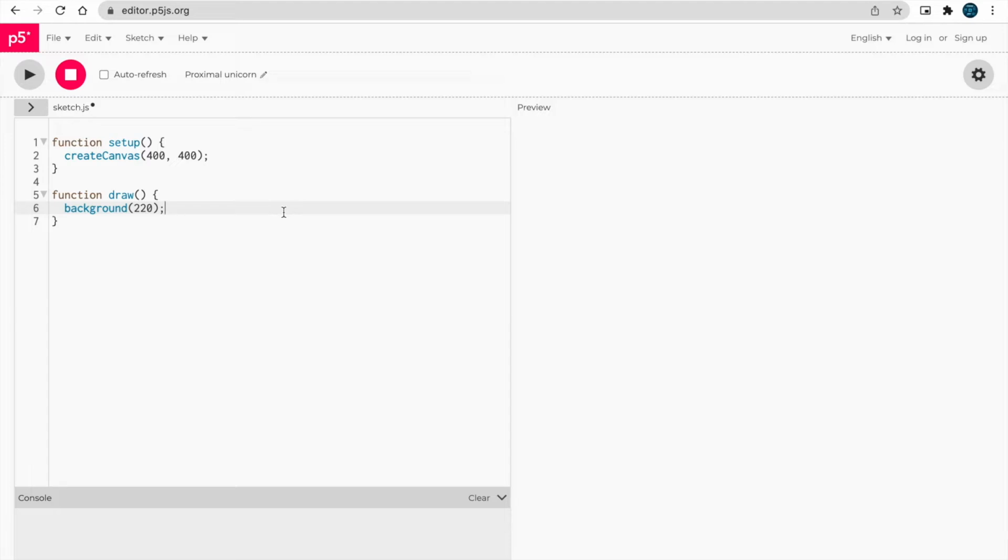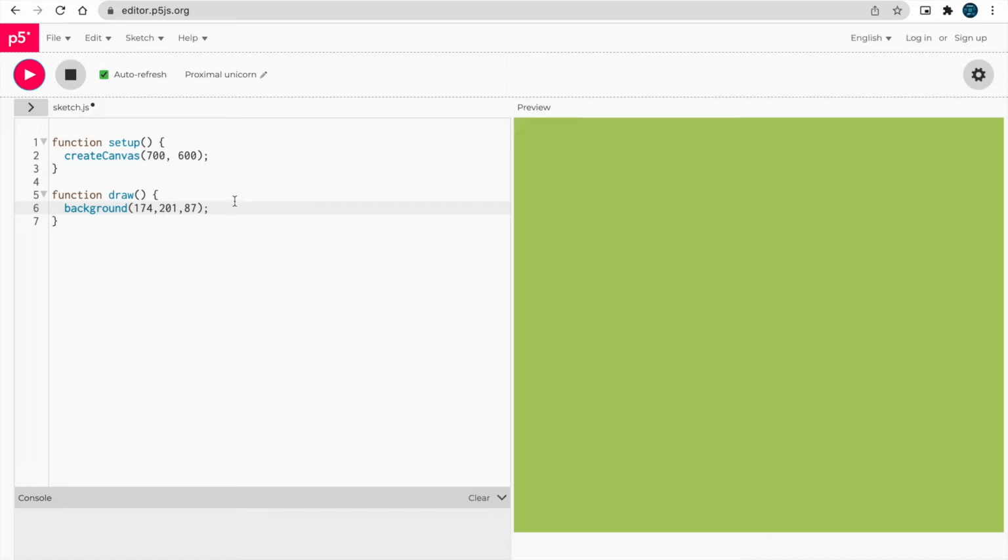Today we're gonna draw a panda using P5JS. Let's get started. First thing we're gonna do is set the canvas size. It's gonna be 700 by 600, and for the background we will be using bamboo tree colors, some positive colors. I am setting them in the RGB format. So the background is ready, canvas is ready. Let's run the code and we have the background.